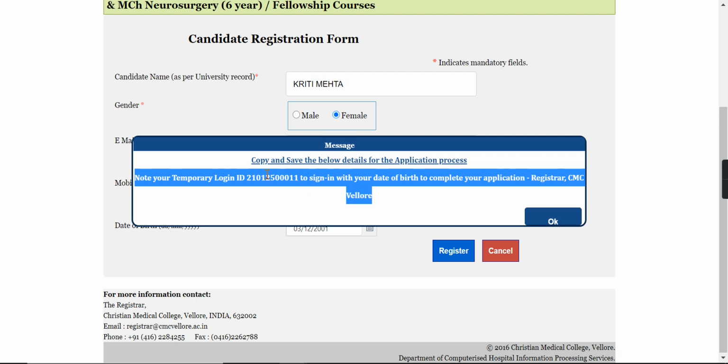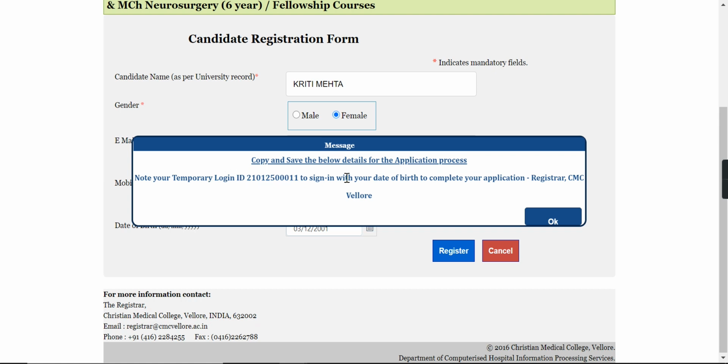So it's written over here: copy paste my temporary login ID to sign in with your date of birth to complete the application.